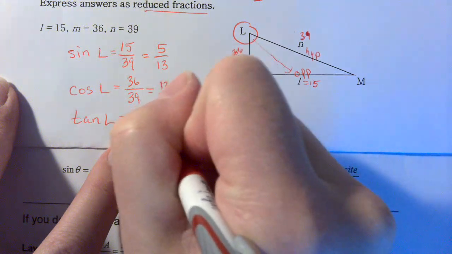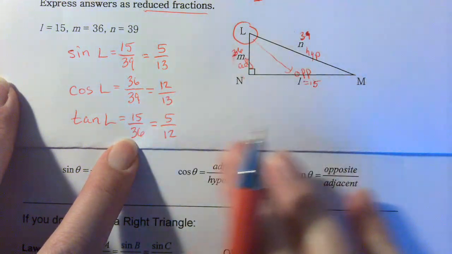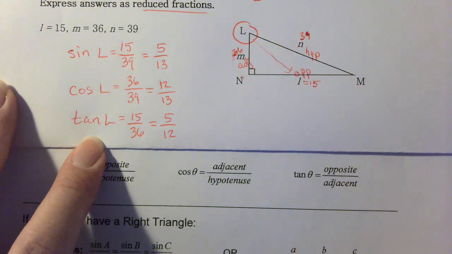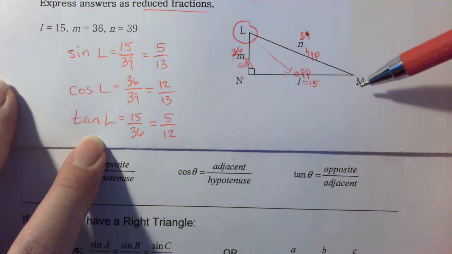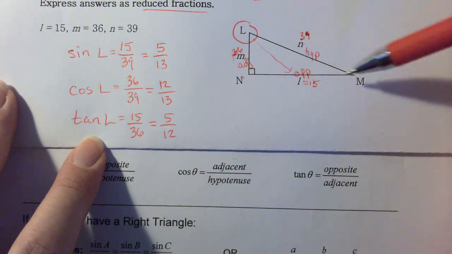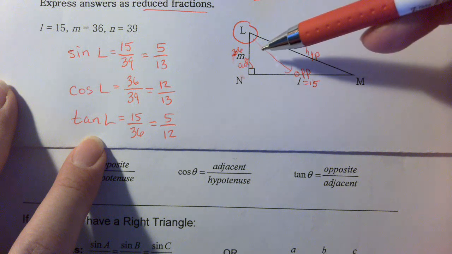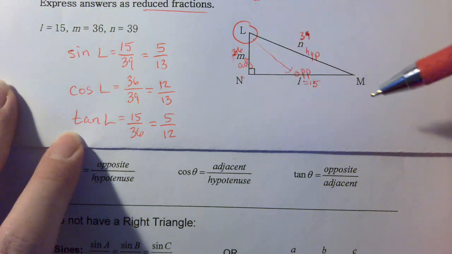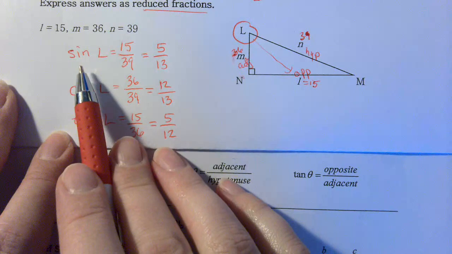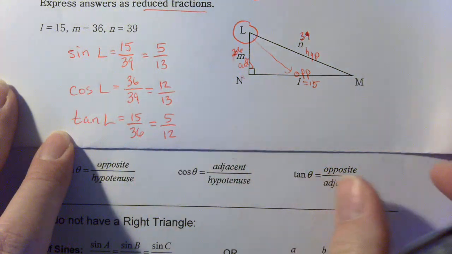Okay, so that was just a little reminder. Now, if I were to say find the functions for the angle of M, then if we're looking at M, this would be your opposite and this would be your adjacent, and you would do these accordingly. So there are the sine, cosine, and tangent ratios. All right, now go to worksheet 57,